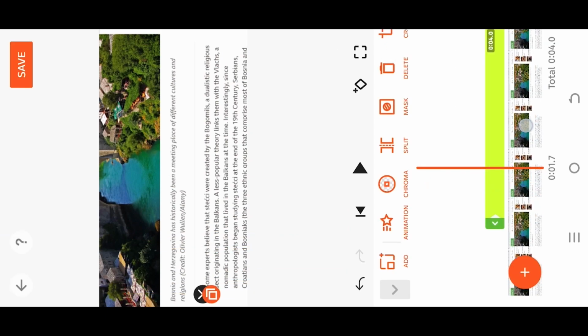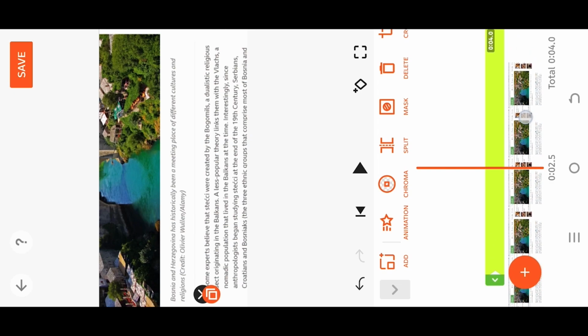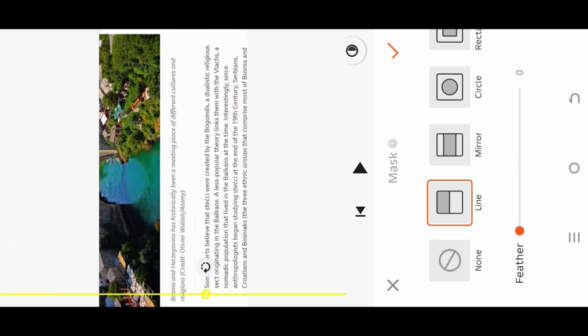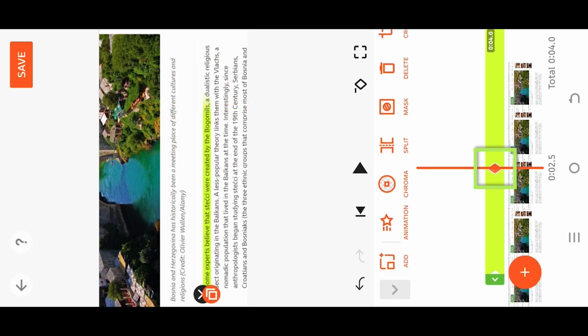Now the duration of the highlighting animation. Go to mask again. Move the mask just to cover the part you want to highlight. This will automatically place a keyframe